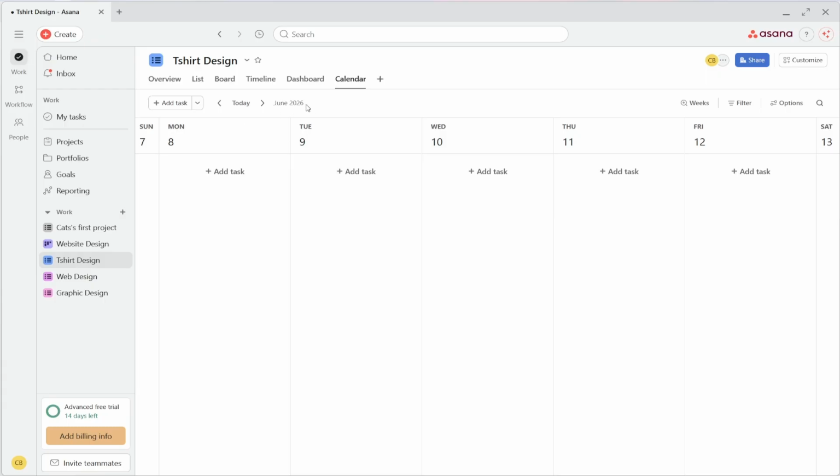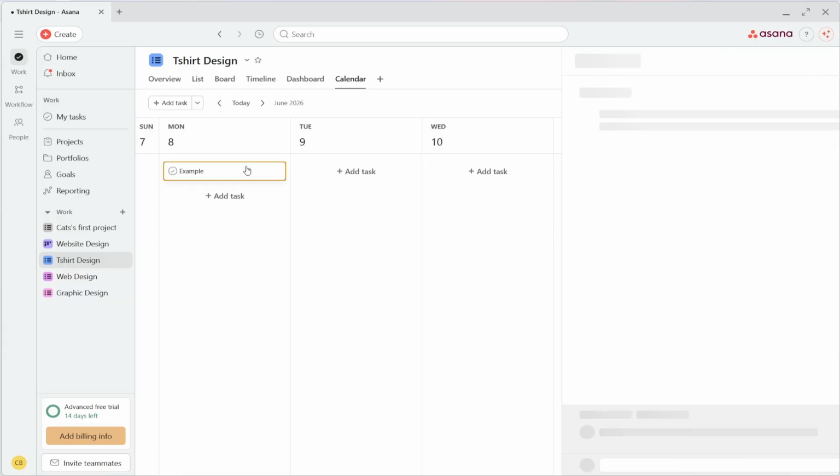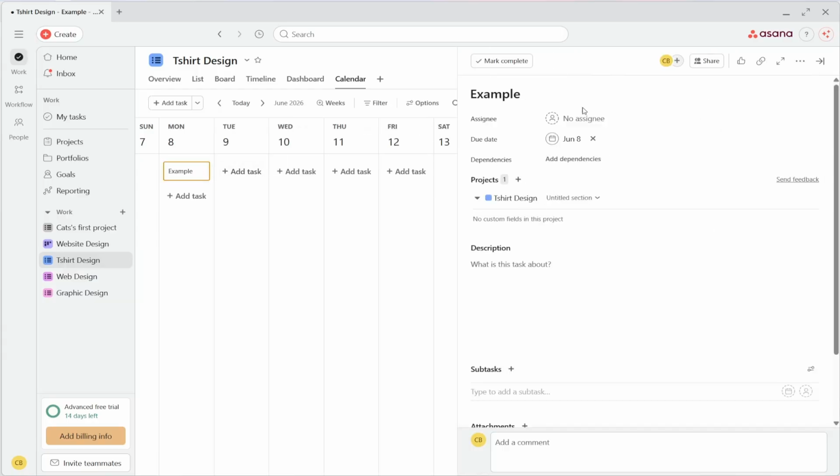As you can see here at the top, it is set as June 2026. From here, this is Sunday up until Saturday. This is the whole week. So let's say from here, we want to head over to the bottom and click on add task. And in here, we will add a simple task. Once you have that task, if you click on it on the right-hand side, you can add more